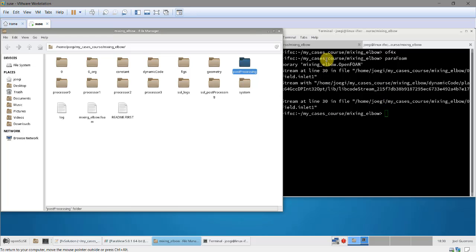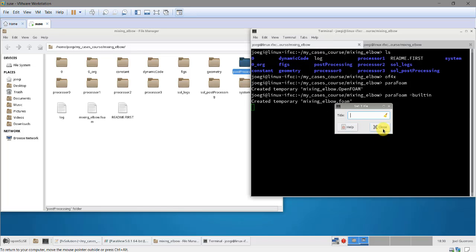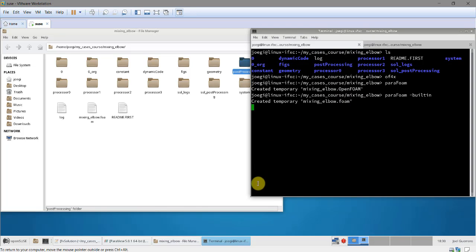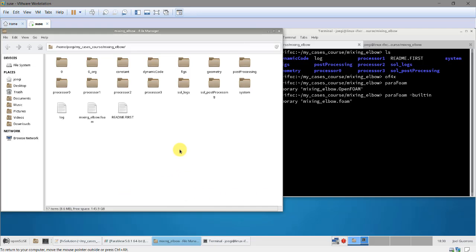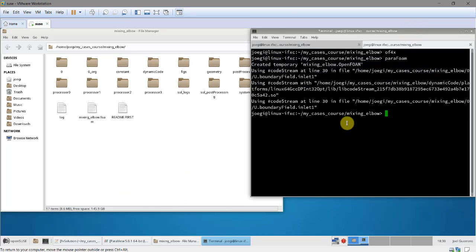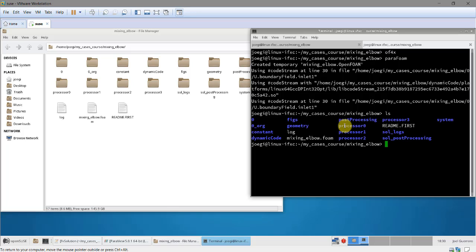So if you run this case, you will get your typical output. For instance, let me run this one, and again you can run in parallel with no problem. Let me run this one for a few iterations. Okay, so I will go icoFoam